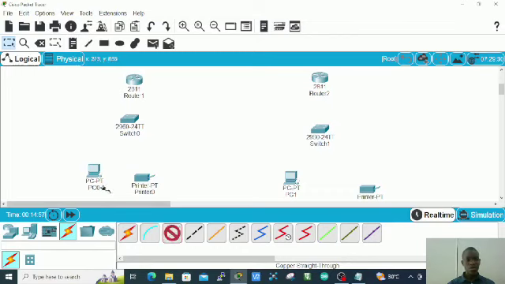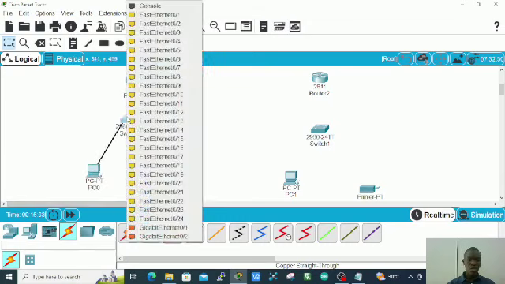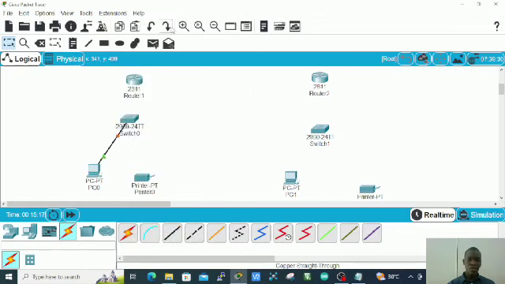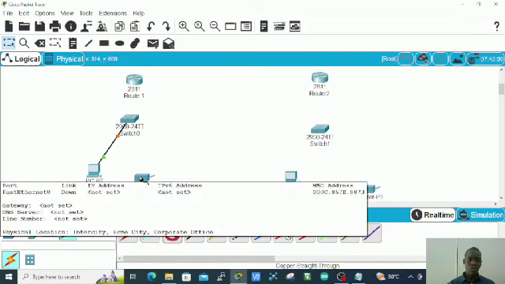Click on copper straight through, click on fast Ethernet, and then click on the switch. The switch is a 24 port fast Ethernet, in this case a 2960. You can pick any of the fast Ethernet ports. In this case, I'm going to pick fast Ethernet 0/2, as well as connect the printer to the switch. So click on the copper